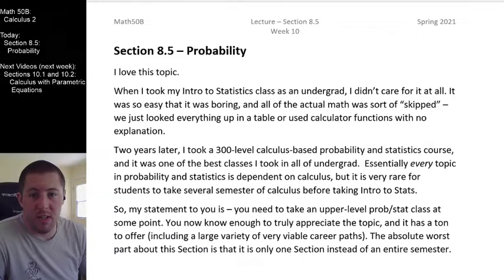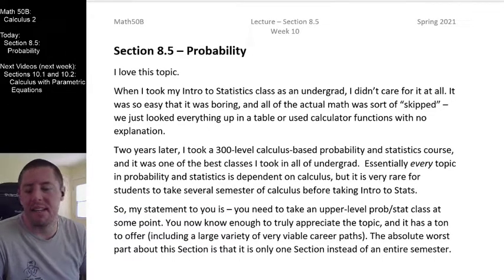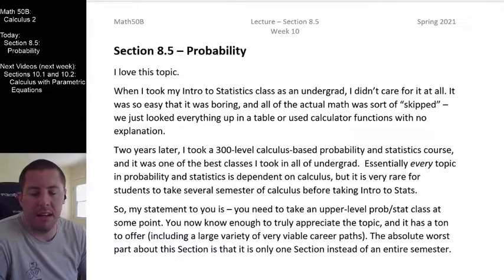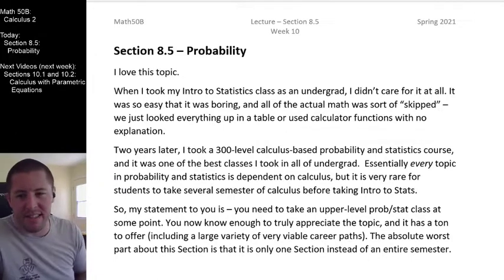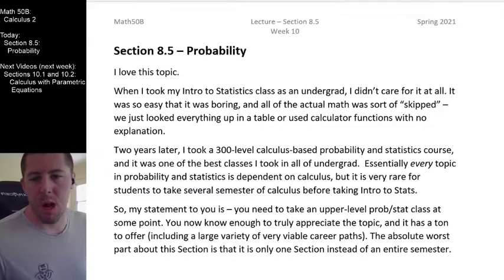Basically, the class was really boring to me because it was relatively easy, and all the parts of the interesting math were just sort of glossed over because nobody taking Introduction to Statistics has enough background to handle the fact that it's actually kind of complicated, a lot of the things that are happening under the hood. When I say kind of complicated, I mean like this class is kind of complicated right here. It's not really that much more than this. Or Calc 2 and Calc 3 really are required for a full probability coverage there.